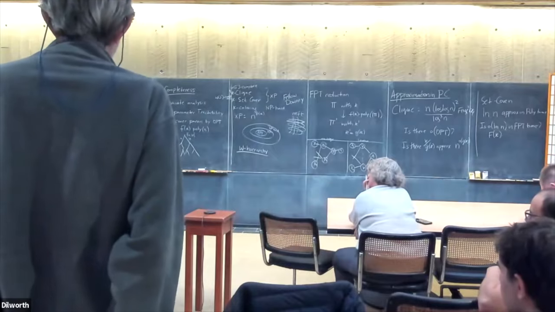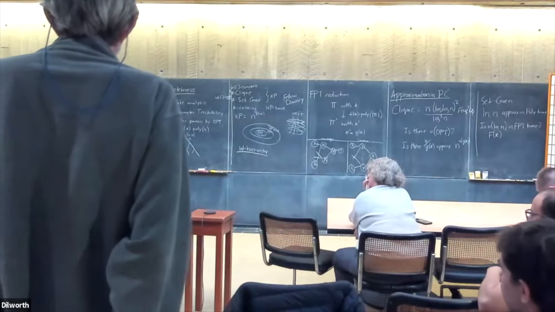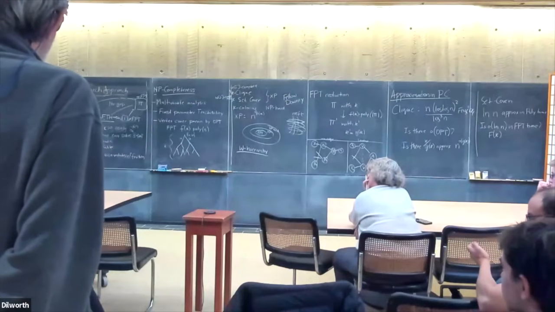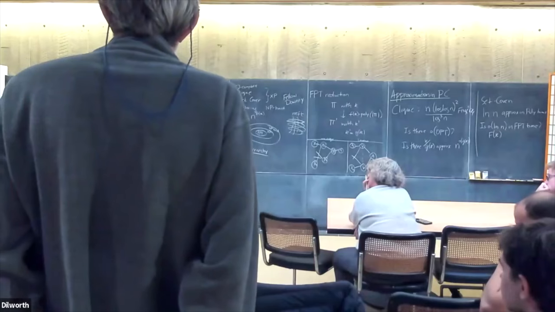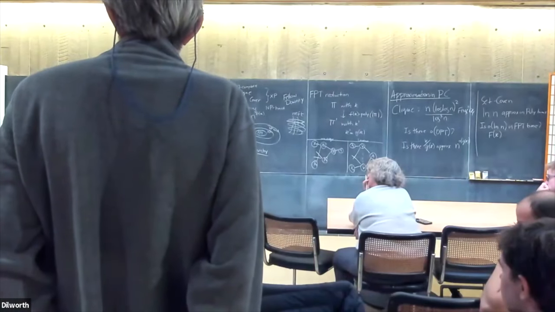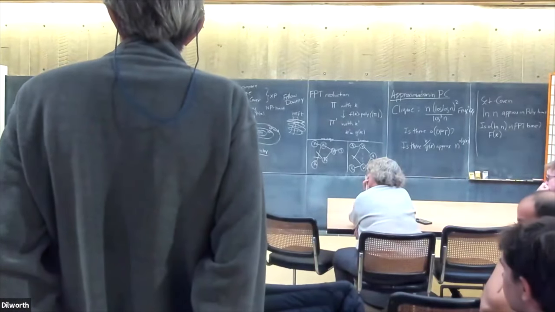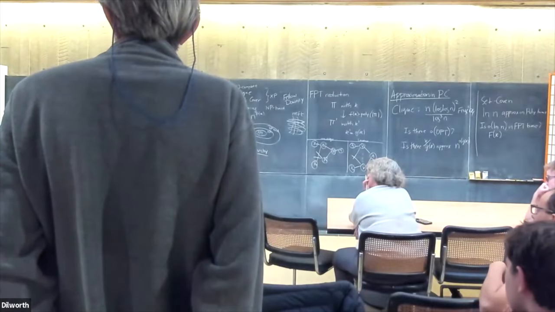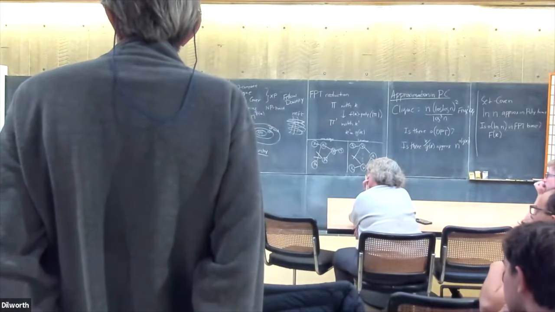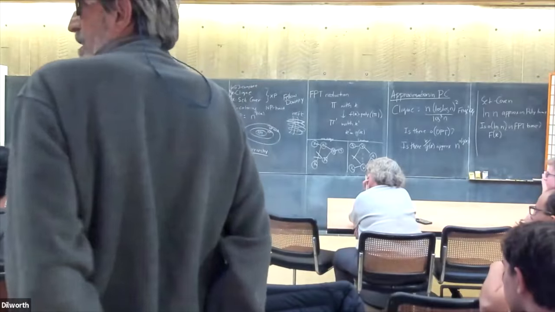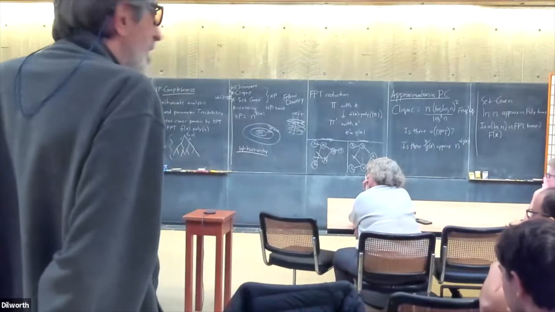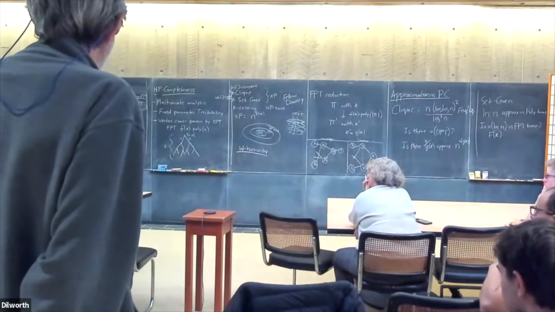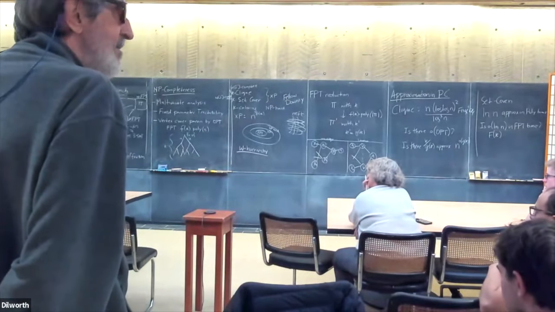The other line of research is I want to say nothing better than exhaustive search is possible, even for approximating it. And for that, let's say it's here. You have phi, no better than exhaustive search. And again, it's a gap problem. So you try to prove it using Gap ETH, and then try to weaken it to prove it using ETH.